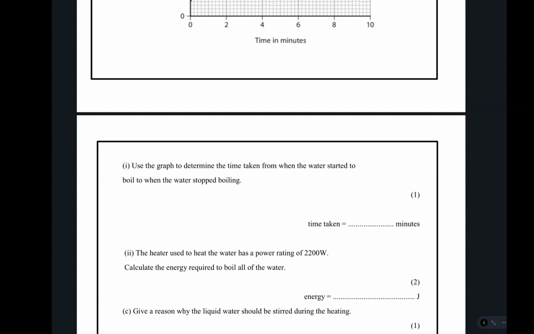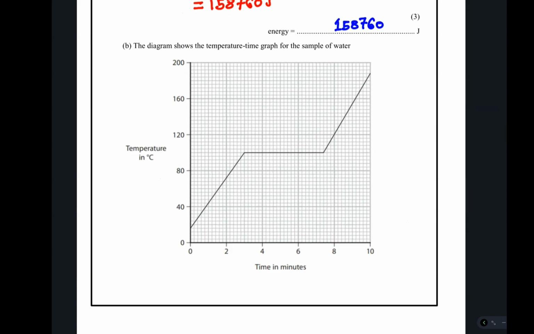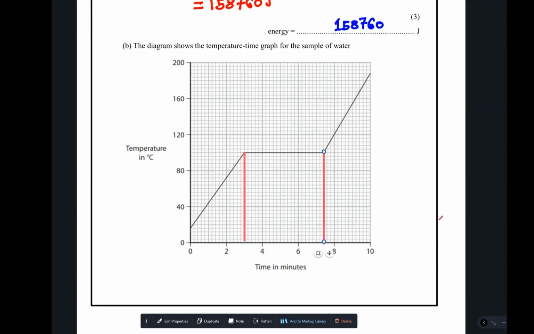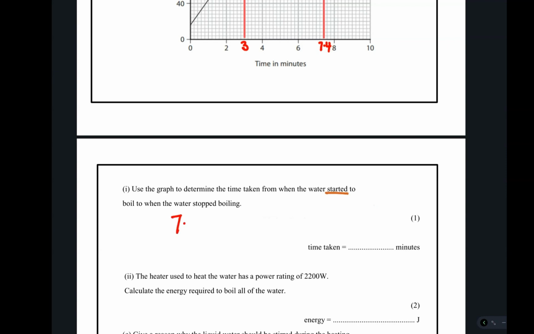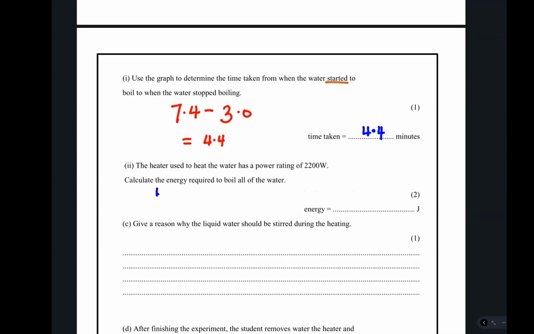So where you have the flat graph, it means that's where boiling is taking place. We identify this point and this point, and the time taken is 4.4